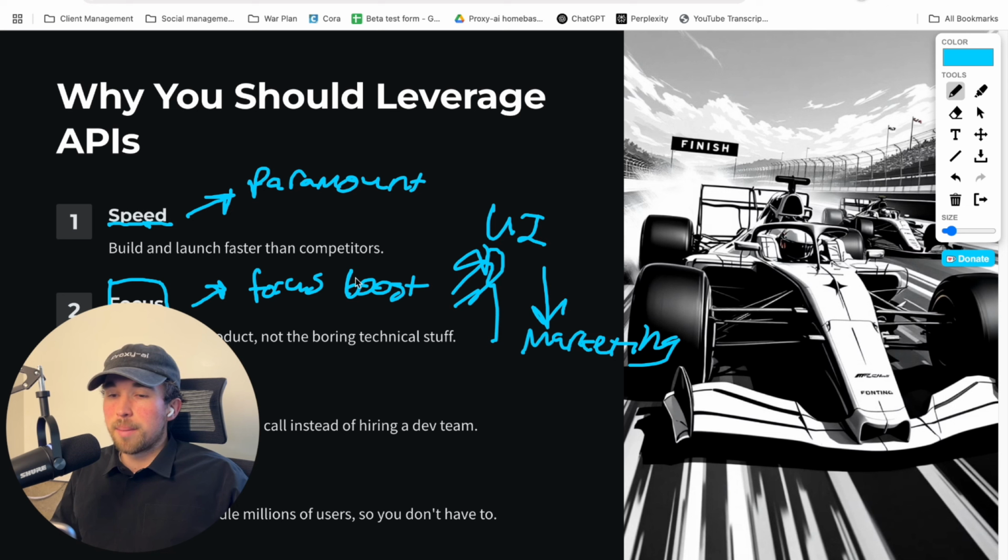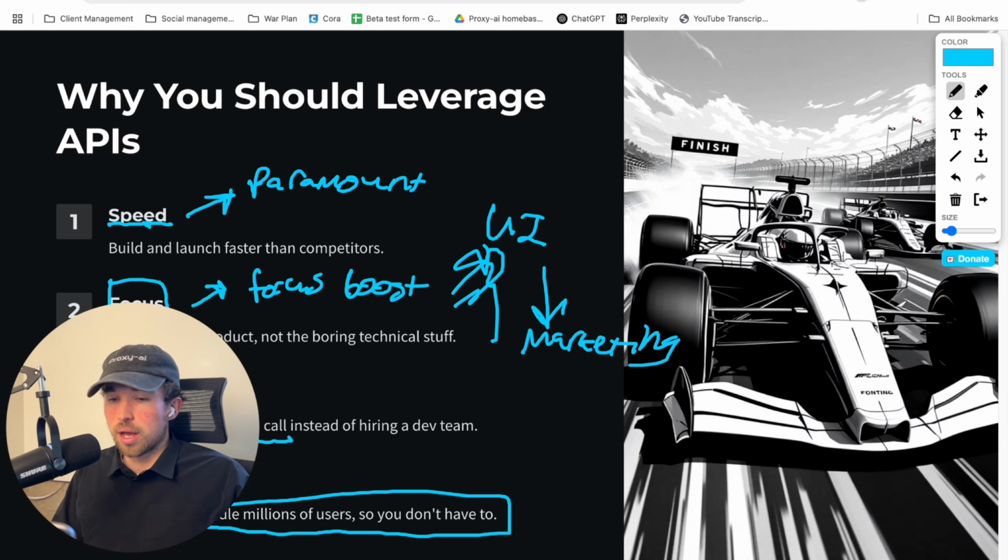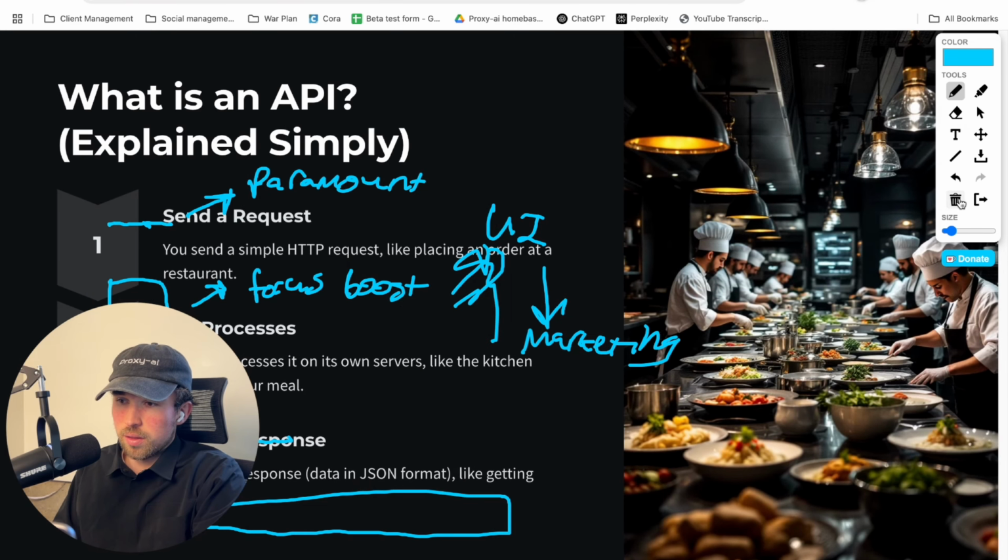So falling back on an API allows you to do these two things much easier and focus all your time on the stuff that actually matters with your application. Cost efficiency, and everything's looking good. So you need to price accordingly, and you need to know effectively how much per API call you are getting charged. So then you can charge your clients more. And then scalability. All these APIs already handle millions of users, so you don't have to, right? Okay, cool. Next slide.